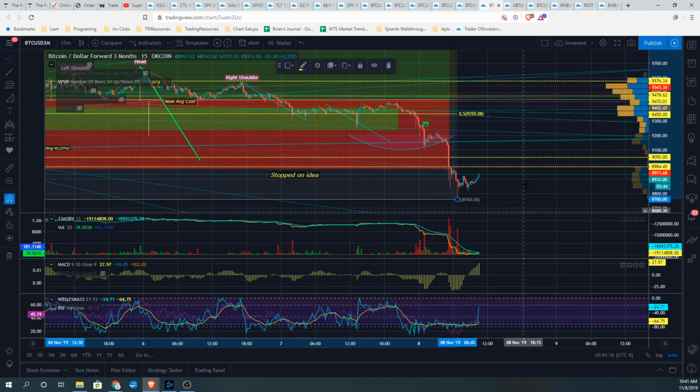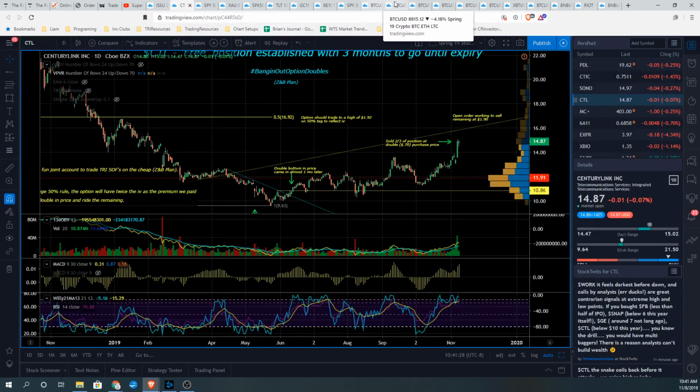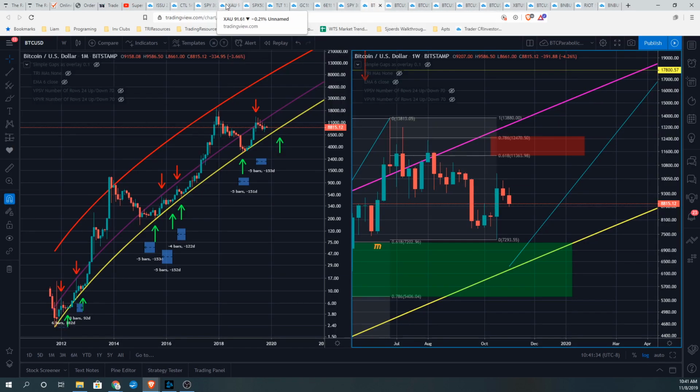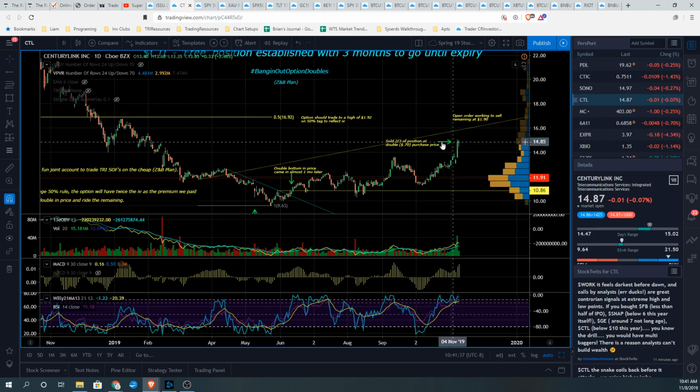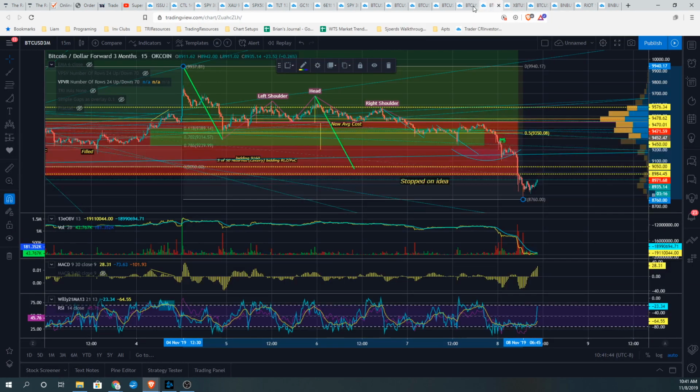So, caveat emptor. I hope the information I've imparted on you guys helps. I'm just trying my best and being a trader, just doing my thing. Sometimes you win, sometimes you lose. The most important thing you can take away from all this is, when you're right, try to make sure that you get paid, double your money, that kind of stuff. When you're wrong, try and make sure that the losses are relatively limited.